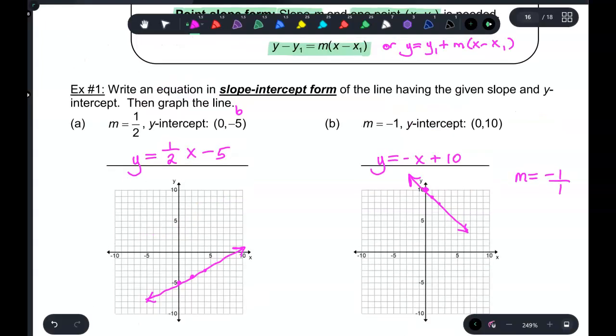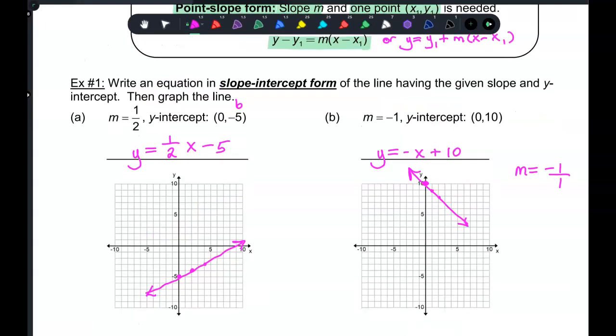Yeah, write the equation. So the first part's going to be write the equation, and then we're going to graph. Well, if I finish the assignment or get most of it done by the end of that week,